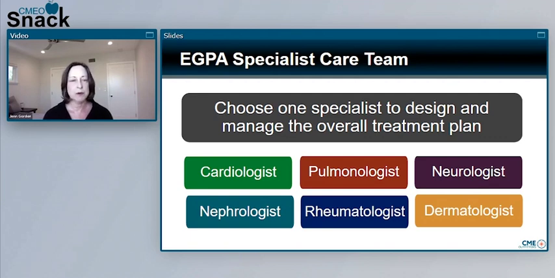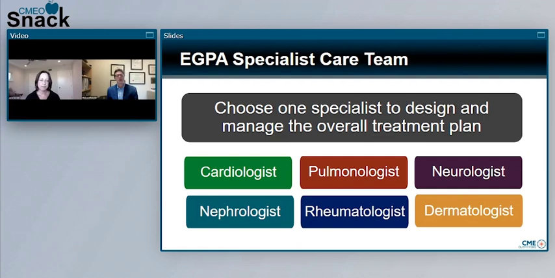I think that's really important, that patients know who their go-to person is and who's going to be their head coach so they can partner together. It's so important to have a decision-making team, and it's so important for there to be good communication between all of the different specialists, because everyone has a bit of a different expertise and different experiences that can help us manage our patients best in all the different manifestations that are occurring in our patients.